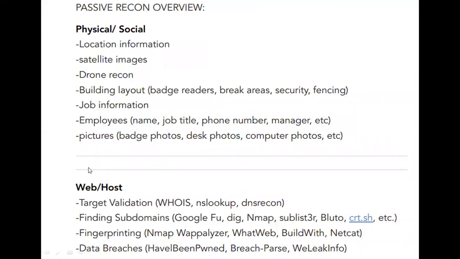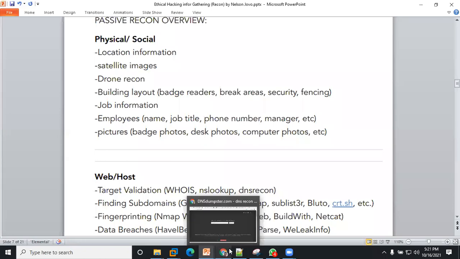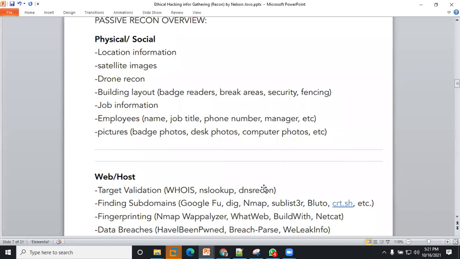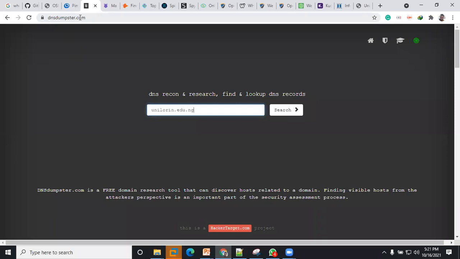Then you conduct a DNS recon on it, an NS lookup, and do a WHOIS to understand the reputation of that IP address, who issued that IP address, and also the certificates that are installed on that server. So you can do a WHOIS. Instead of just talking, I'm just going to carry out this stuff as we go by the way. To carry out a DNS recon, a very good website to use is DNS.star, right?